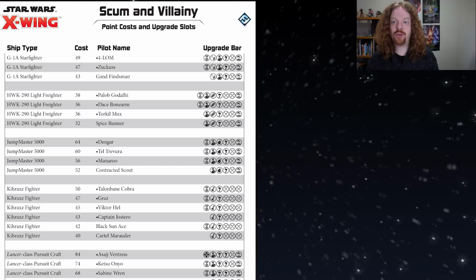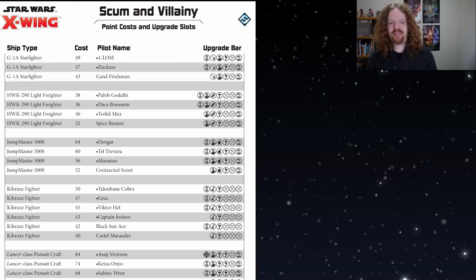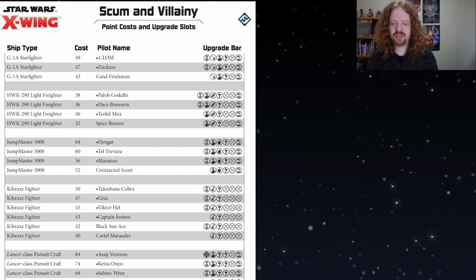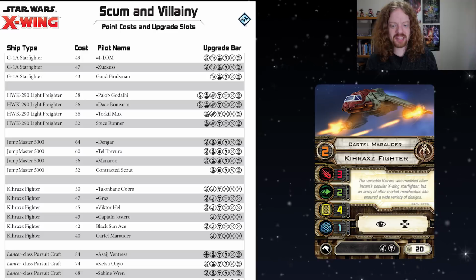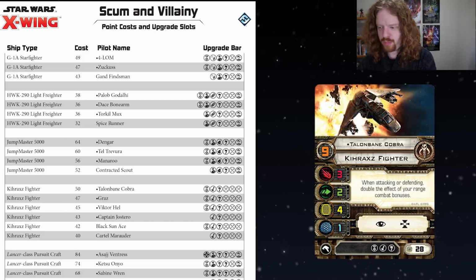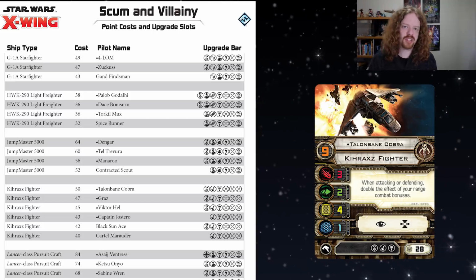I think being a bit cautious with the approach to the Jump Master was the right call to make. More stuff I'm excited about, the Fang Fighter. So, it has retained its 3 modifications from the old Vaxi fix, plus a point reduction across the named pilots. Cartel Marauder remains at 40 points, but Talonbane Cobra is now 50 points. Used to be